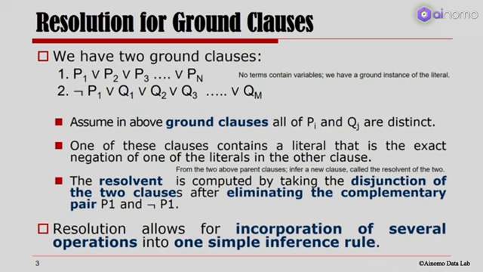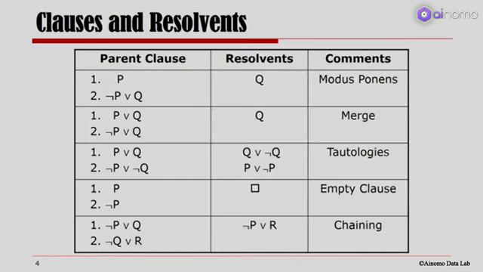So I have a clause phi and I have a clause psi. Phi is a literal in the first clause and not psi is a literal in the second clause, and they have a most general unifier gamma. Then we can infer the clause obtained by applying the substitution gamma to the union of the two clauses minus the complementary literals. So basically it would mean that if I have a clause which has phi in it,